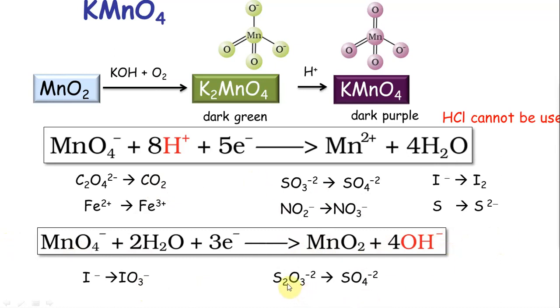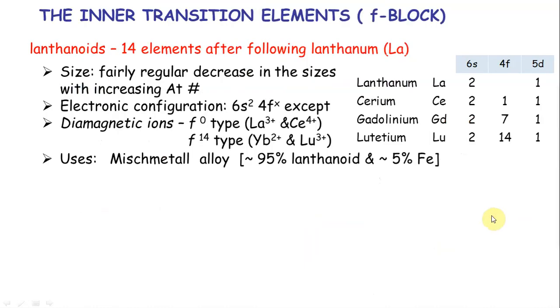Look at sulfur for example. The highest oxidation number it can go to is plus 6, and that's the species I know for sulfur. Nitrogen highest oxidation number plus 5, that's all I know. Iron highest oxidation number plus 3. Carbon is plus 4. This is the best way you can remember. Alright. Okay, finally the last slide.